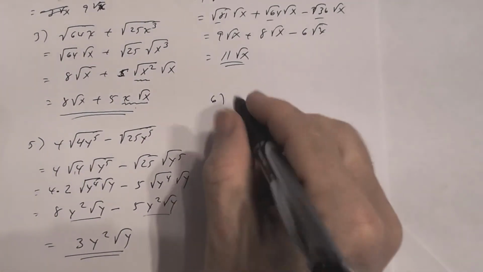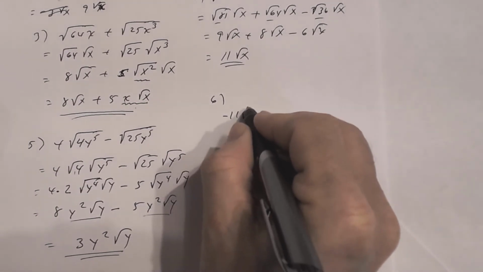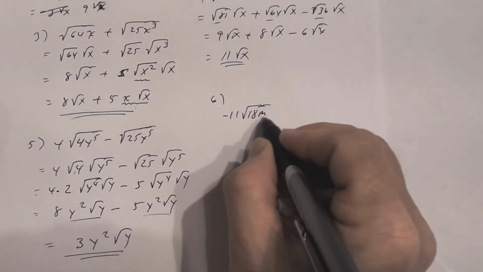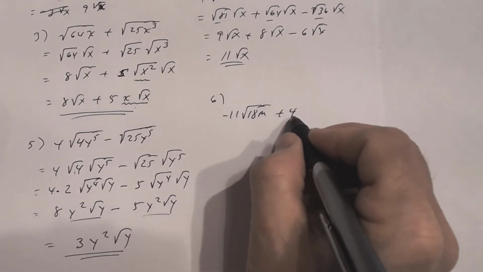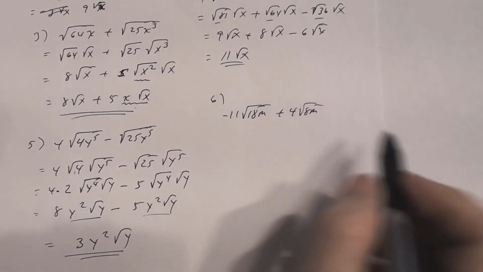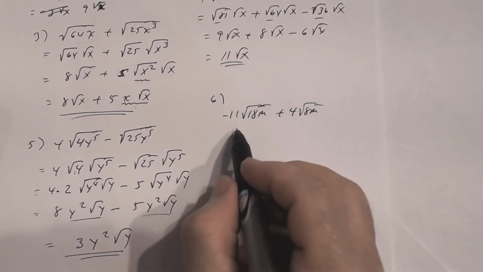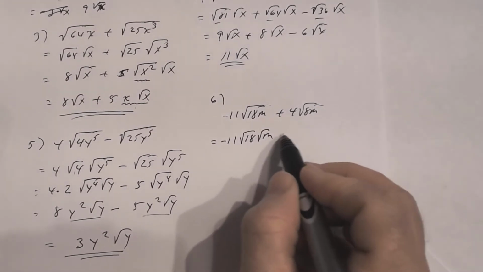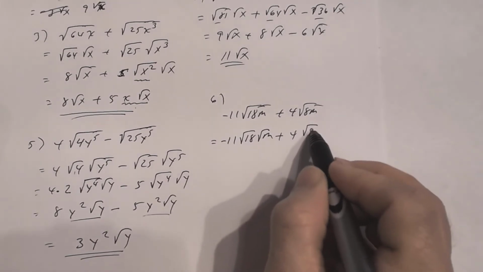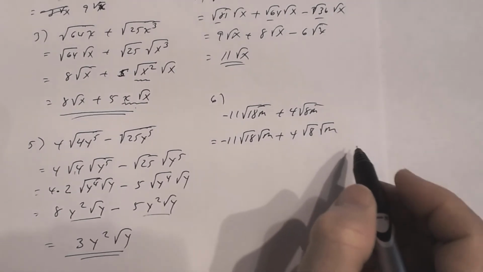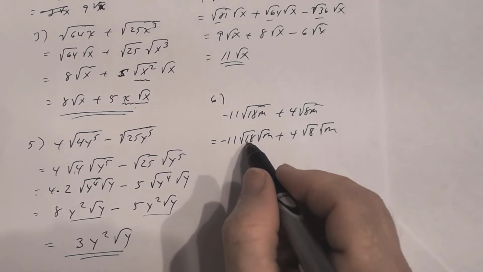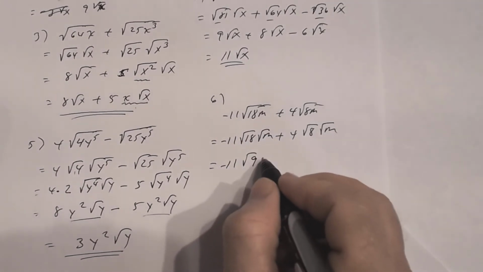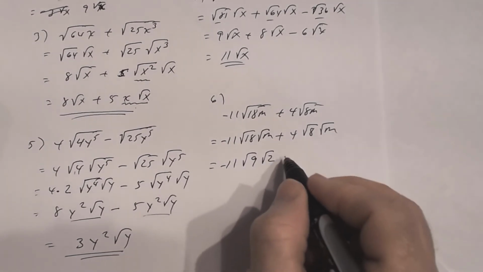So number 6, we have -11 square root of 18m, and m is part of the radicand, plus 4 square root of 8m. Okay, using a product rule, I can rewrite the square roots as -11 times the square root of 18 times the square root of m, plus 4 times the square root of 8 times the square root of m. And then let's go about the square root of 18. The largest perfect square that goes in 18 is 9, so I can rewrite this as -11 times the square root of 9 times the square root of 2, because 9 times 2 is 18,